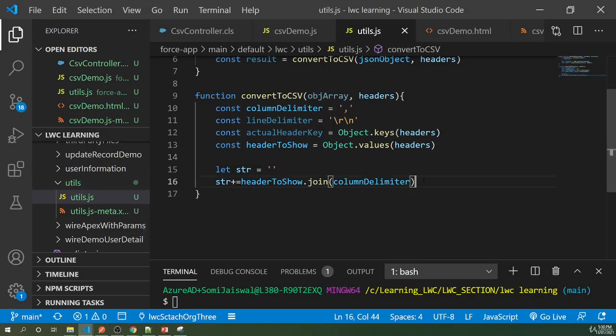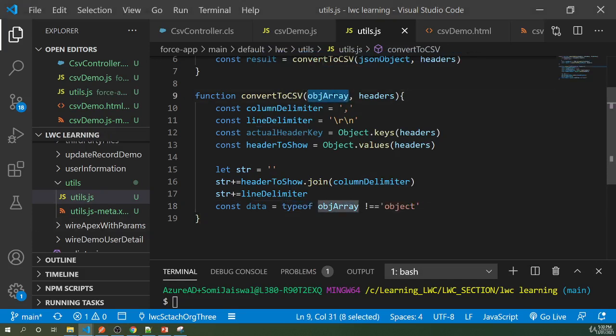So we'll say once this row is generated in the string, just add the line delimiter, so it will break the line and go to the start, and then our headers are ready in the CSV format. Now we need data, and for data, first we'll check the type of array object. So type of array object should not be equal to object. Whatever data we are passing, we'll check whether it's not an object, and if it's not an object, then we'll convert it into the